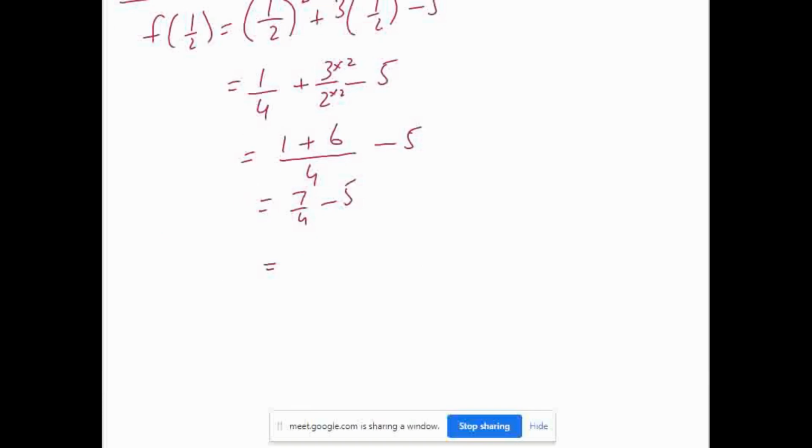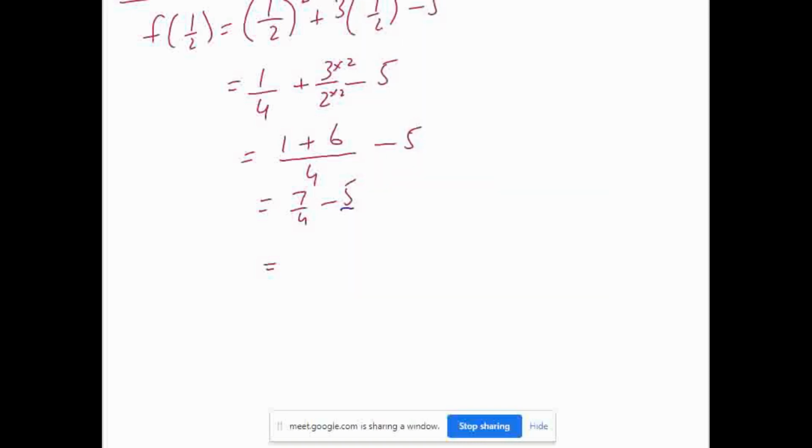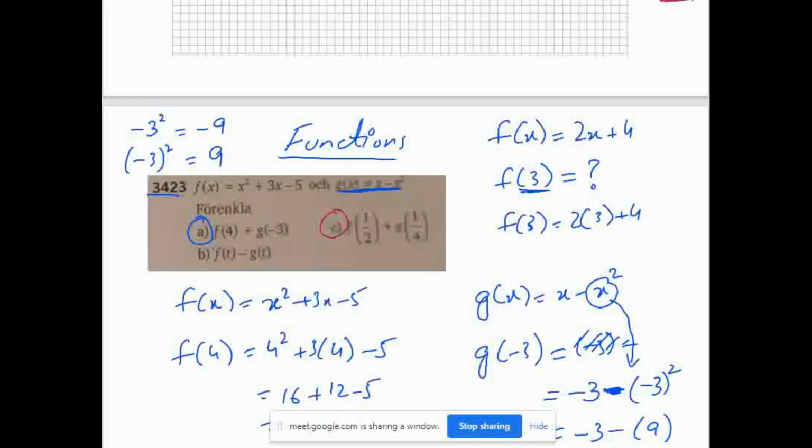Now here we can see that we want the same denominator, so we have to multiply 1 by 4 and 5 by 4 also, so that the denominator should be the same and we can solve it further. So here it will be 5 times 4, 20. Is it? That's what we were not doing right previously,